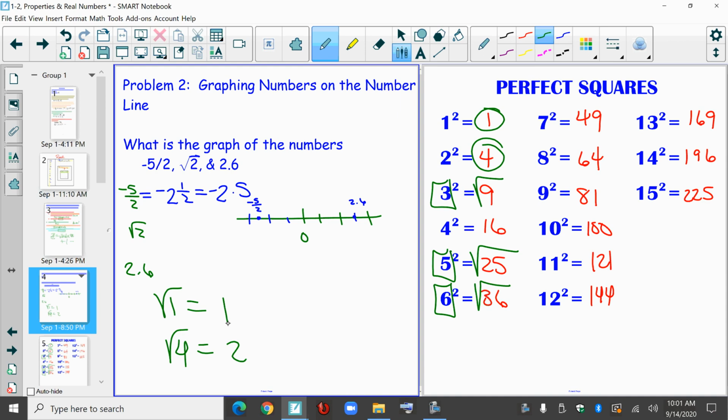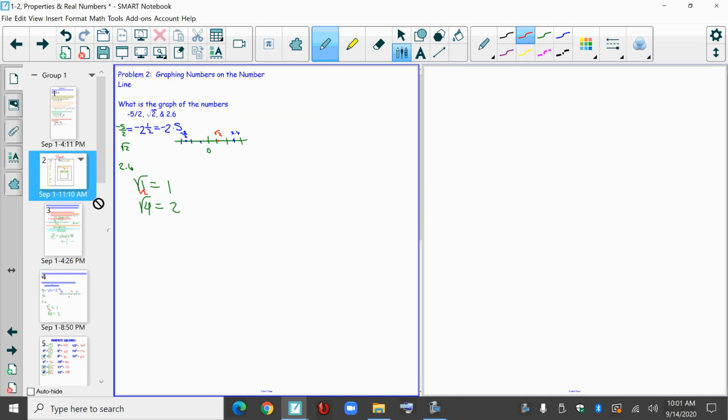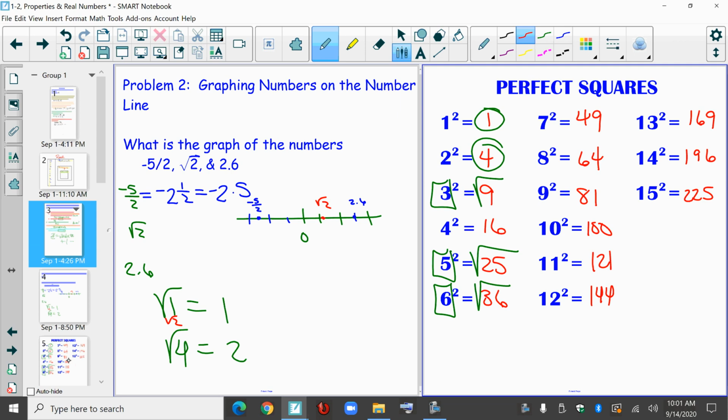Is it closer to 1? Does the square root of 2 fit closer to the square root of 1 or the square root of 4? It fits closer to 1, so the square root of 2 is going to be approximately right here. So that's how you would graph those on a number line, and that's what you're going to use. Okay? That brings us to the next thing,